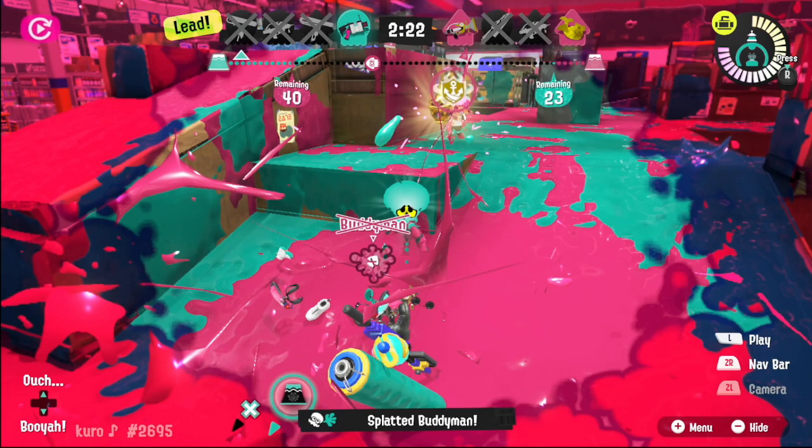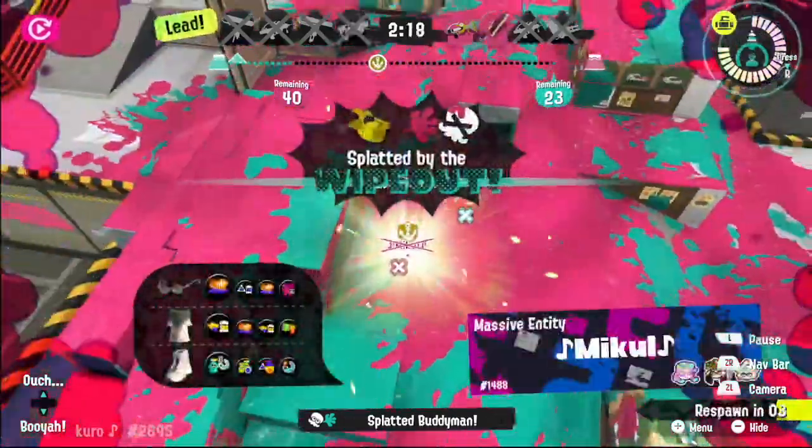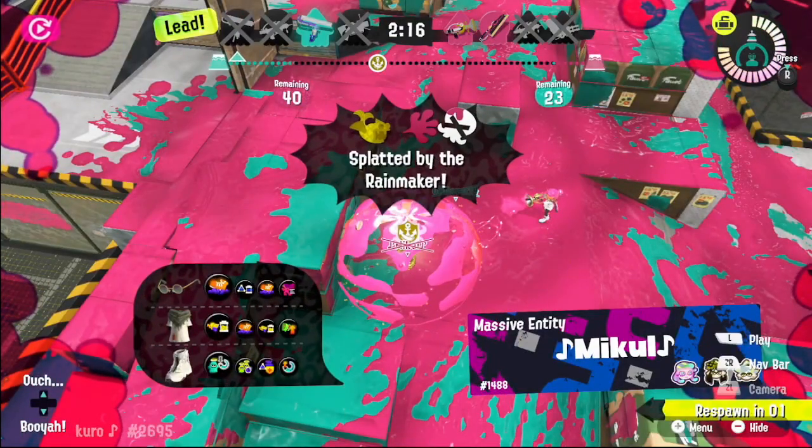The only thing that can paint is the Gal, and they have a Rainmaker and Sploosh up. And then if you die without doing anything, they not only have the Sploosh and Rainmaker, but also Buddy Man. Teammates able to trade with Rainmaker, but if they just died to it instead of trading, then it would have been a full wipe. So I guess